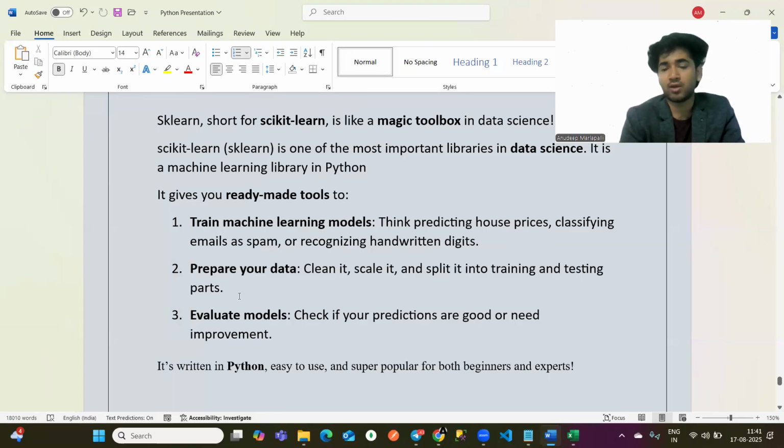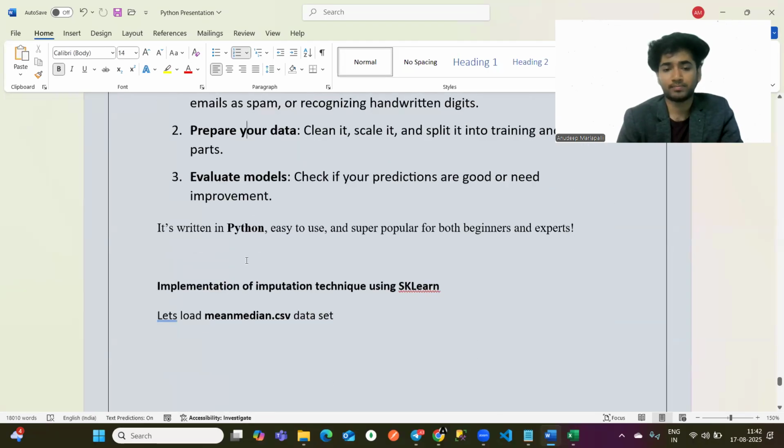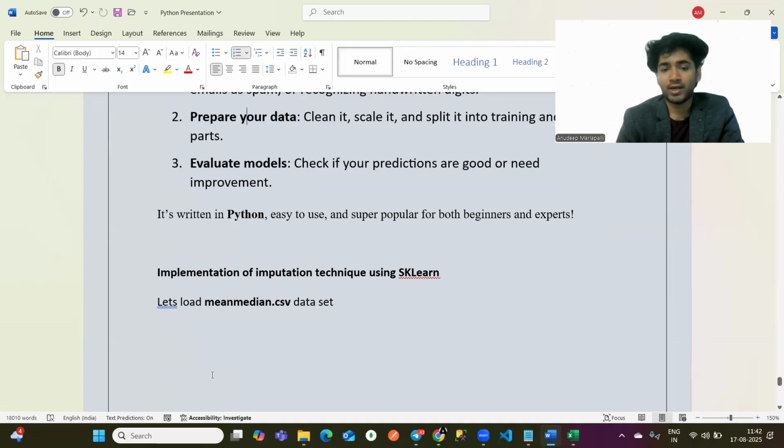models. In future, if you are planning to learn AI/ML, scikit-learn is something which is going to be very important for you. In today's workshop you're going to learn what scikit-learn is, how to use it, and how we prepare the data using it. It is written in Python, so it is very easy to use and also very popular and useful for both beginners and